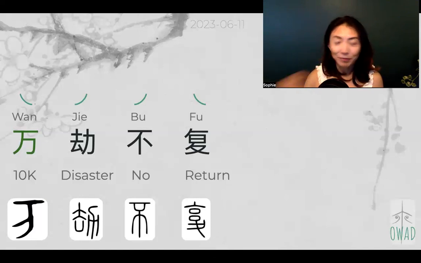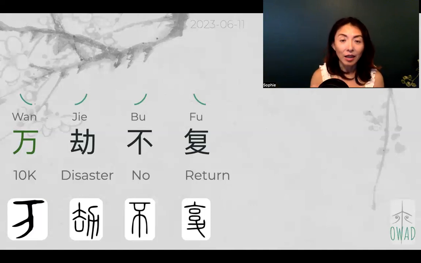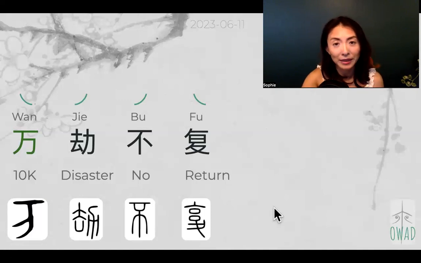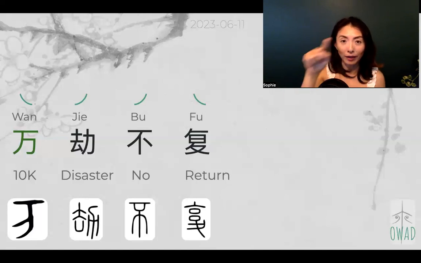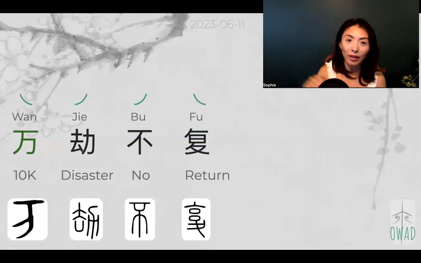The whole thing, 万劫. 万劫 simply means forever, right? 10,000 means infinity. And this I translate as disaster. That's the Chinese meaning of disaster, but in Buddhism it means one cycle of life. So 10,000 means infinite life looping. And 不复 means no return. Like you're going somewhere and then you're not going to make it back. That means this looping somehow stopped somewhere, and it's not going to cycle back. You're not going to return to the starting point anymore.